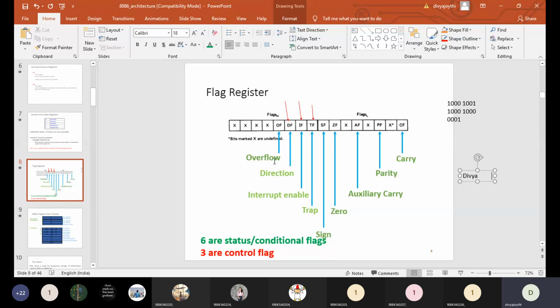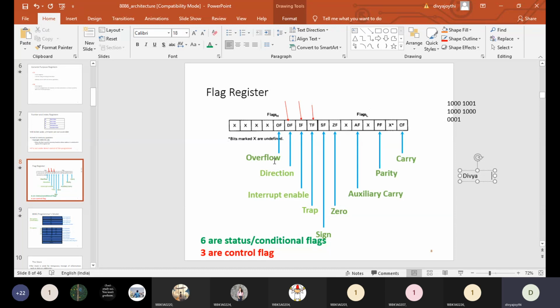If you are dealing with 8-bit data, then the processor can take values from minus 128 to plus 127. Remember this: minus 128 to plus 127.